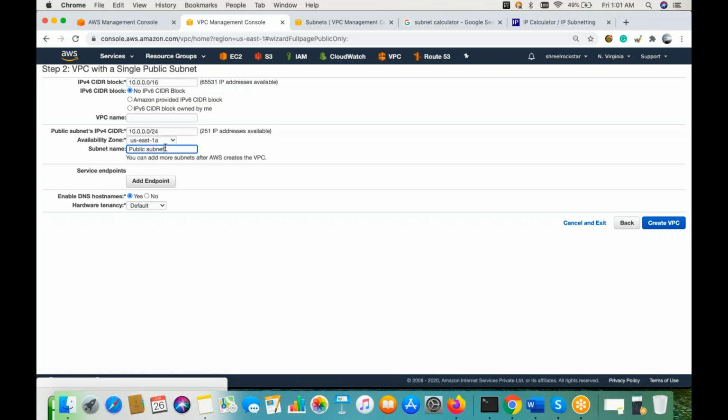So guys, what is the meaning of public subnet here? It means your site can be accessible, and the servers inside this subnet will be exposed publicly, right? So this will be your public subnet. But generally, in a real-time scenario, we are not going with a public subnet. We always prefer to create the complete infrastructure in the private subnet only, right? So how we'll do it, we can see here. Just give the VPC name here, testing lab.